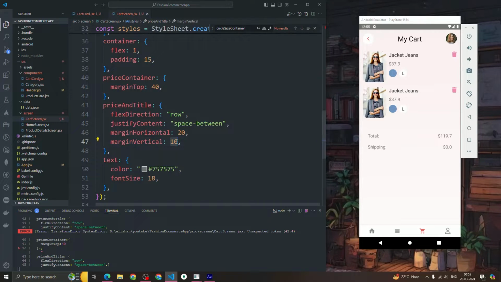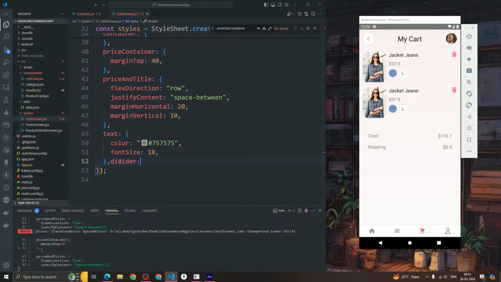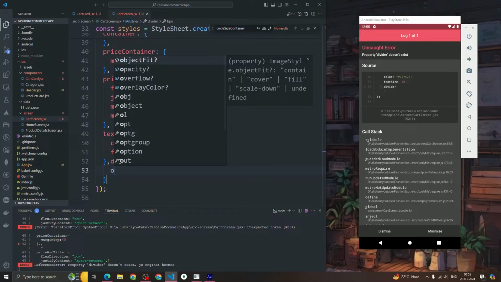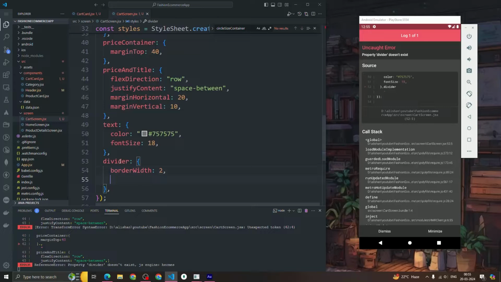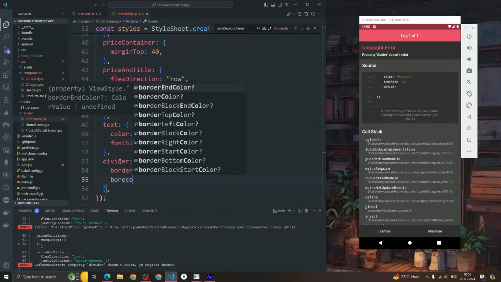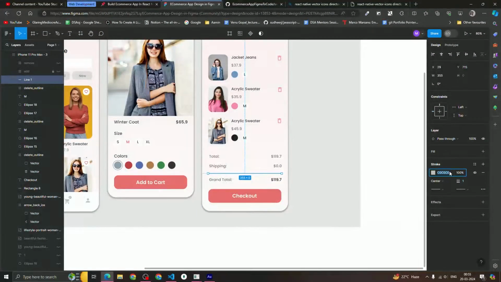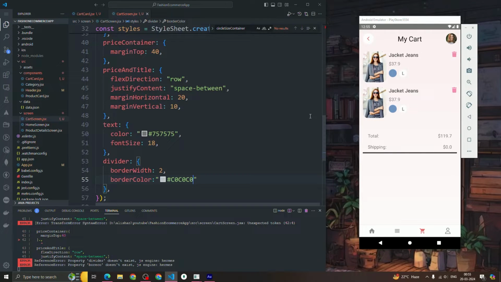I think 5 looks okay, 10 looks better. Now we're gonna have a divider as well, and the border width for the divider we're gonna have a border width of 2. Border color, we're gonna have this color. Let's add that as well. Okay, now I think border width is gonna be 1, and let's add some margin